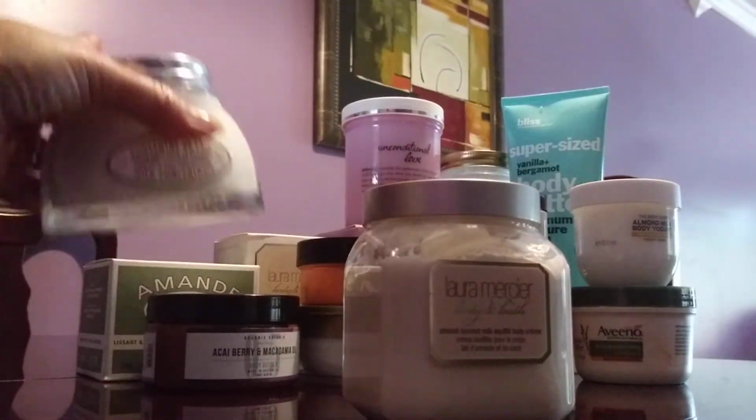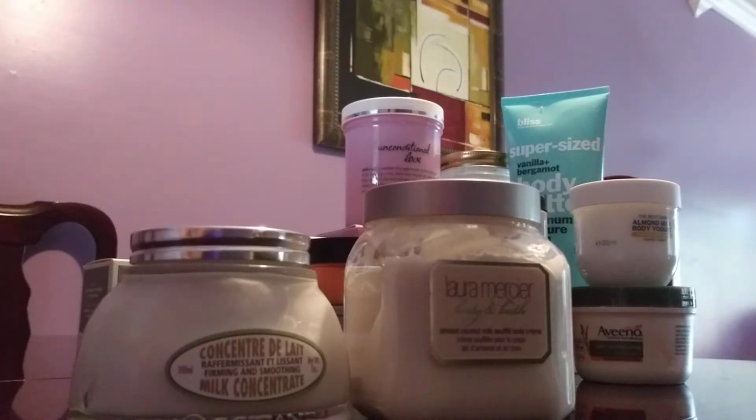So of all my body butters, these two would be the best. Although I'm new to this, I'm already in love with this. Okay, so